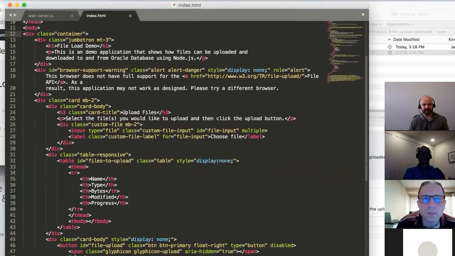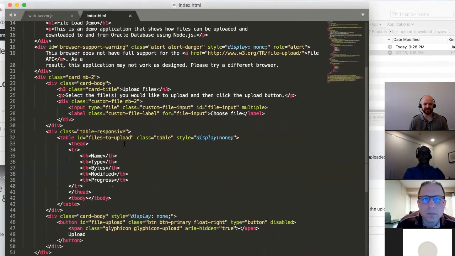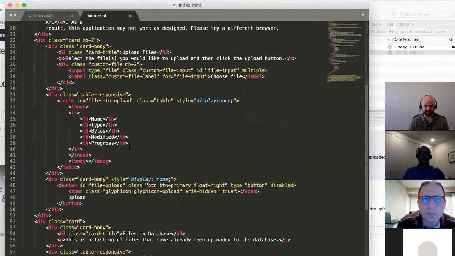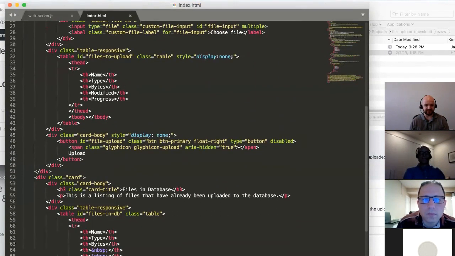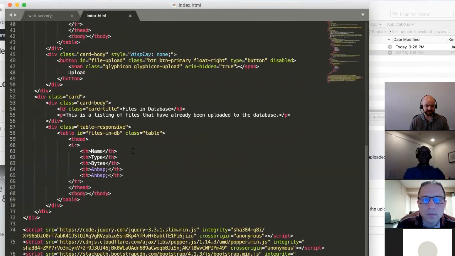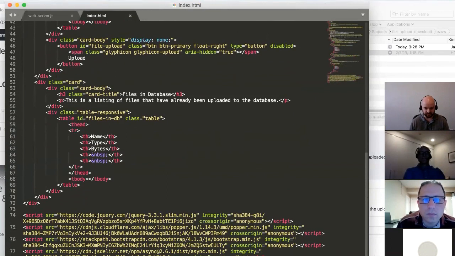I didn't use any JavaScript MVC framework like React or Vue or anything like that. So kept it really vanilla. If you want, it should be fairly easy to convert into any library you are using. But you can see I'm bringing in jQuery, I'm bringing in Popper for tooltips, I'm bringing in Bootstrap, and finally I'm bringing in the async library, which runs in both Node or in the browser. It's a really great library for working with complex asynchronous operations.